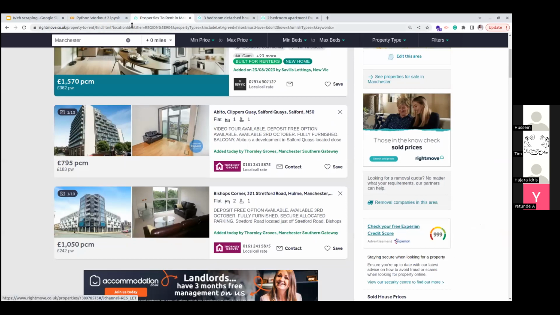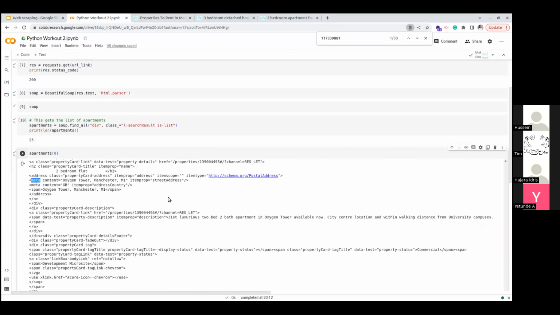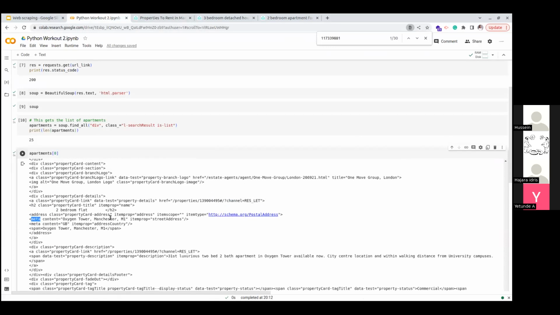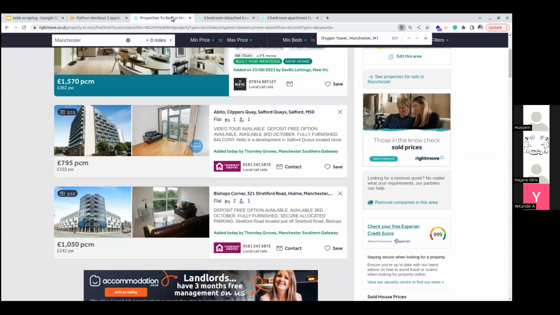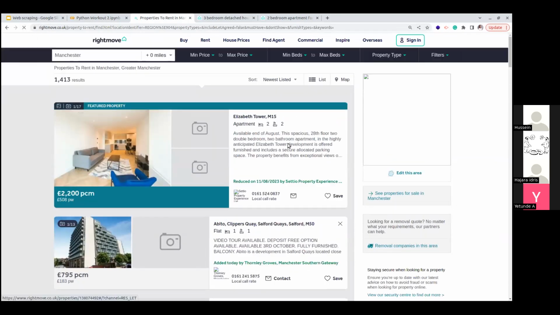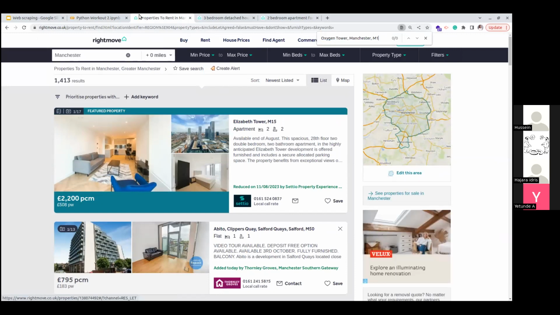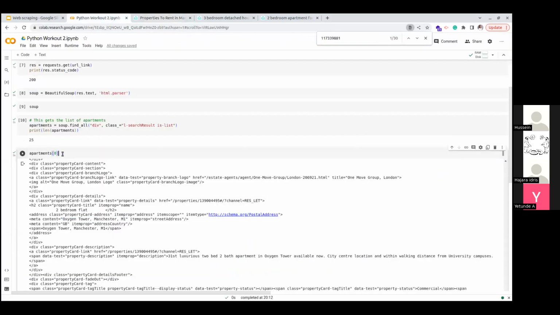The description. I don't know if the description is inside the apartment, but one way to check is to find on the website itself the address that has this Oxygen. It's because the website has changed, I'm sure it's because of that. I'm not sure. Okay, no. Okay, let's check the name. I don't know why. Let's check another one.